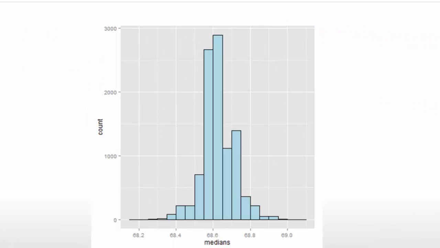So this plot is an estimate of the sampling distribution of the median. If we had the true population distribution and we were to sample over and over again, this would be a very good estimate, up to Monte Carlo error, of the sampling distribution of the median. Instead, we don't have the exact population distribution. We've replaced it with the bootstrap principle of resampling from the observed data, and now we just get this approximate distribution, this approximate sampling distribution of the median.